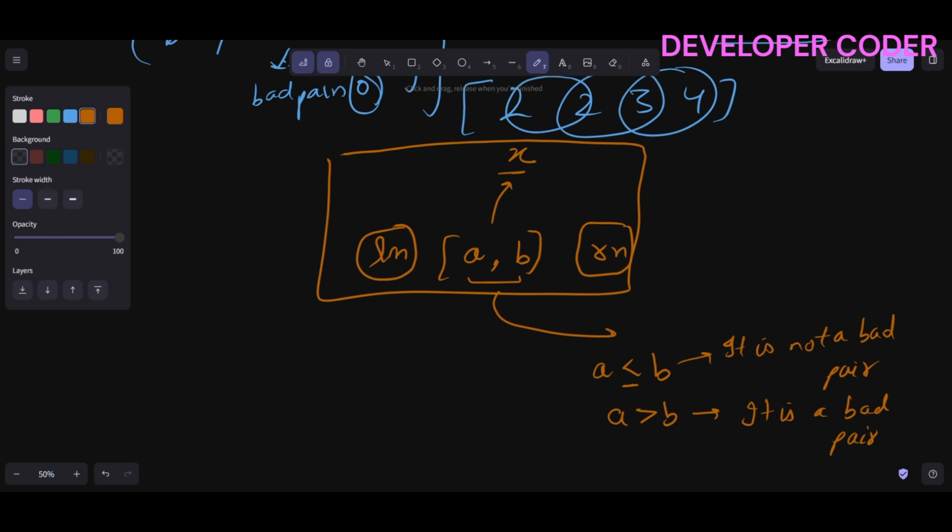Okay, so let's analyze that. First thing, this is your first step. Let's say remove, if you are removing a bad pair or not. So if you are removing a bad pair, then just do bad pair minus minus in this case, because you are removing this now. Okay, but now I have to see the impact here as well, because